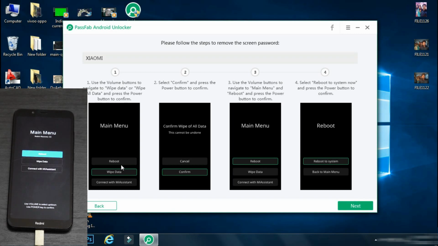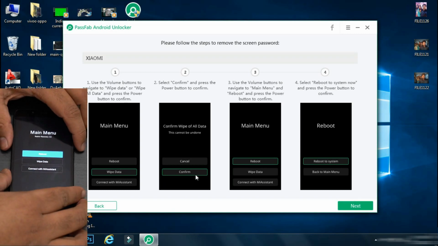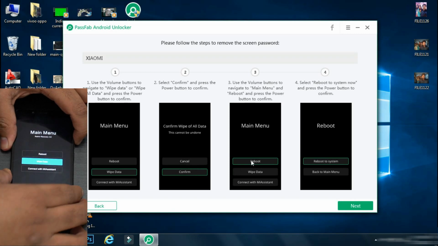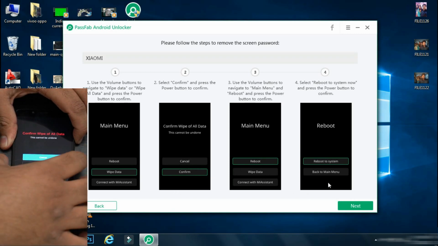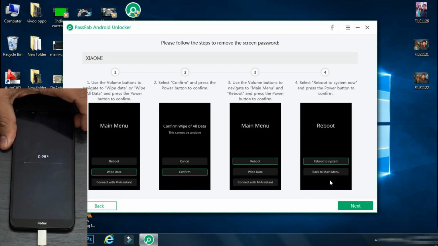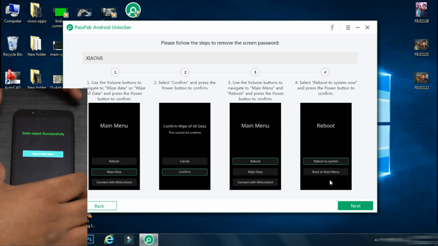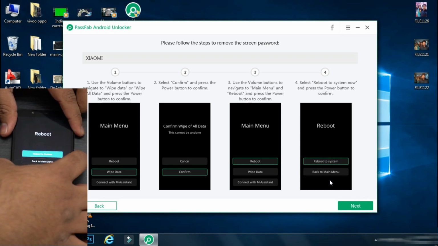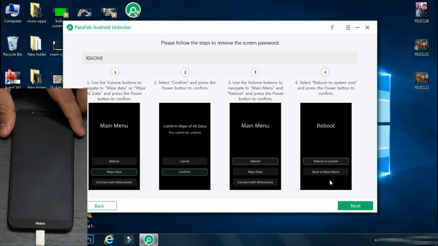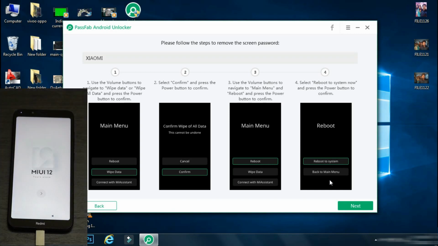So the next steps are displayed on the screen. And in the recovery mode, you can scroll through menus using the volume buttons and select the wipe data option using the lock button, and the formatting process will start on the phone. Once the process is complete, go back to the main menu and reboot your phone. It may take some time as it is the first boot. So now your phone is back to factory settings as it was when bought new.